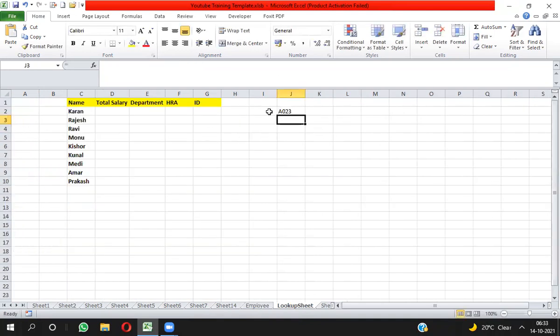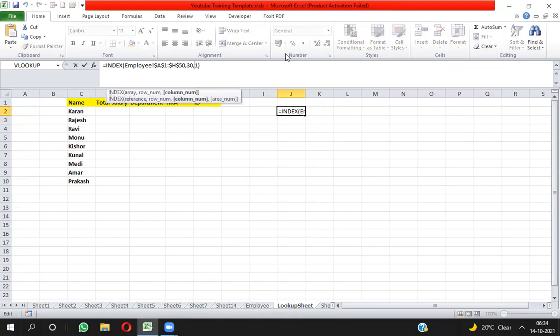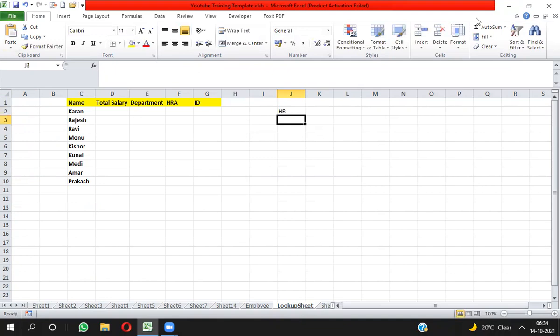But if you want to take the name, you need to type 2. In the name column, you will get Raman. If you type 3, the column is department, so you will get the department of Raman. So you are getting the information of Raman.